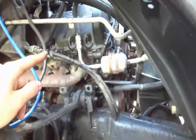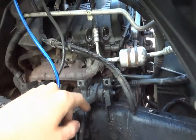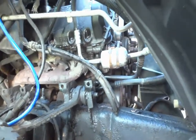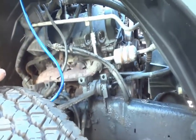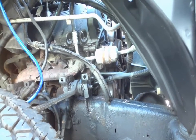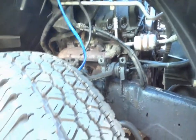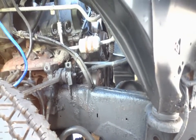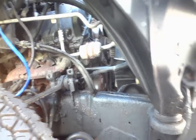I don't remember your username, but I want to say thank you very much for telling me not to put the AC stuff in there until I get it evacuated. Good thing you told me that, because I honestly would have never even thought about doing that. So my dad's going to take it to Watertown Ford and get it done. They're charging like 120 bucks or something like that. So far it's the cheapest one in town. I've tried a few dealerships in Waltham and Newton and Belmont. They're pretty damn expensive. So far Watertown Ford's been the cheapest, so I guess we'll be going there for it. But yeah,